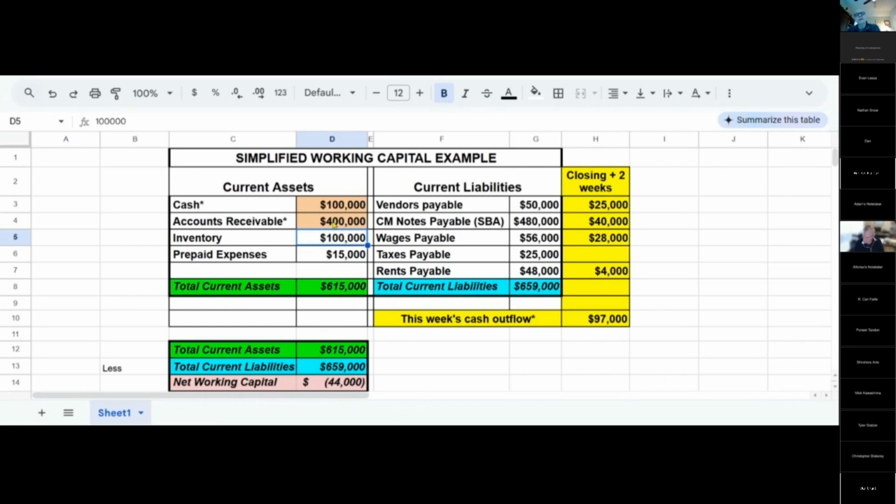Because you don't know what you've got here. And if you've got past dues or a ton of retainage in there, and we'll get into some other things that could be impacting the liquidity of the company, you need to be aware of going in and pay a lot of attention to and really track closely.